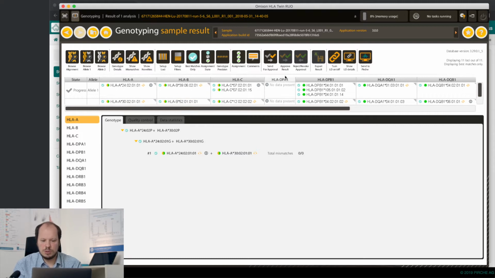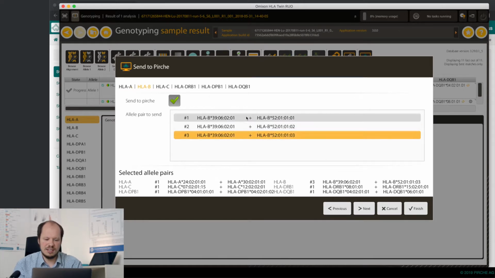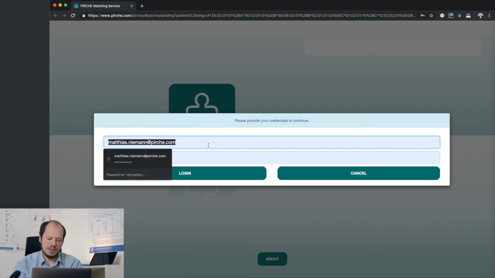If you want to push all of this data now to the PIRCHE website, you can press the Send to PIRCHE button here on the top right hand corner. This will open up a small dialog where you can select what to actually upload to PIRCHE. In case of ambiguities, for example, you can select here a different pair of alleles. And if you're all set, you can click on the Finish button, and this will immediately open up a new